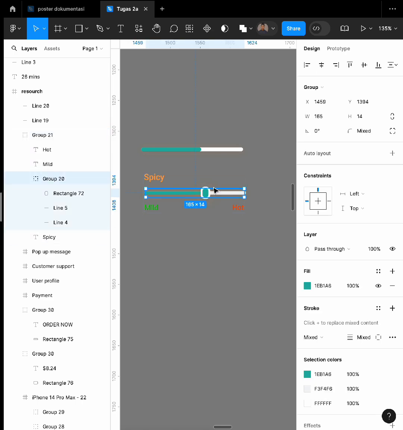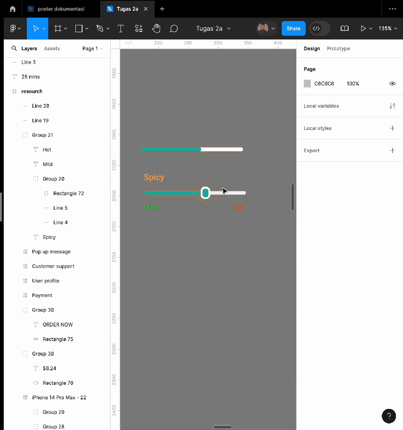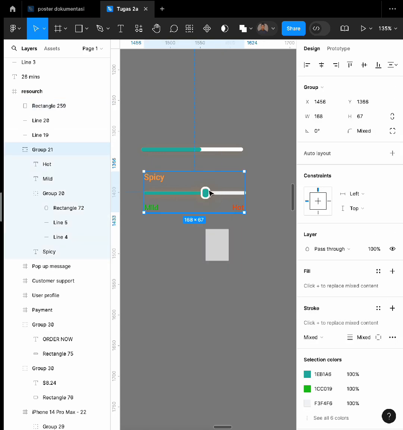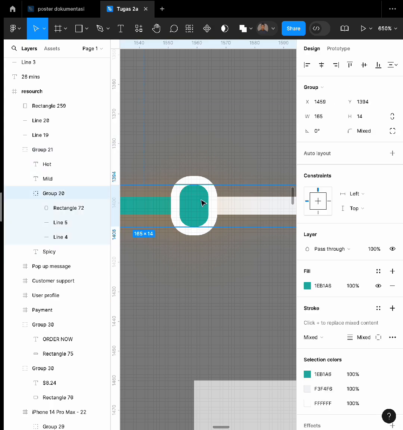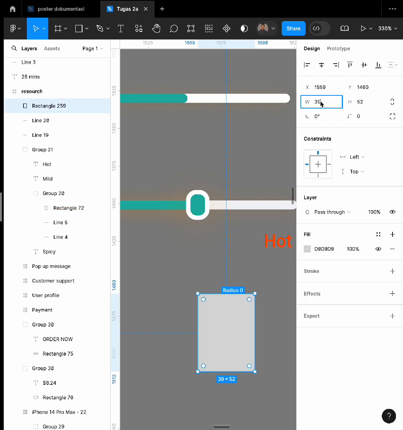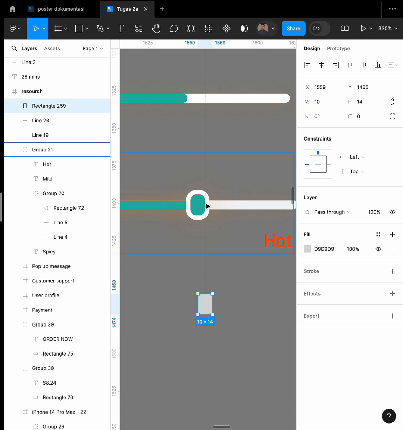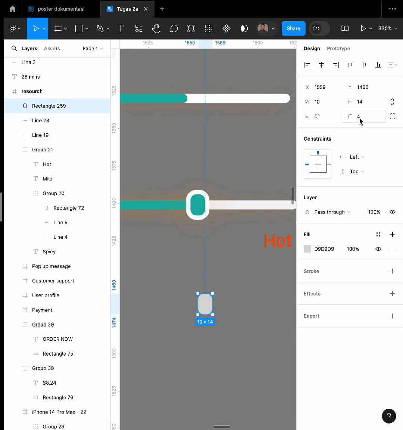And then we can make it the rectangle, with the size 10 and 14. 10 and 14 with the corner radius is 4 and the stroke is white for 3 in outside like this.